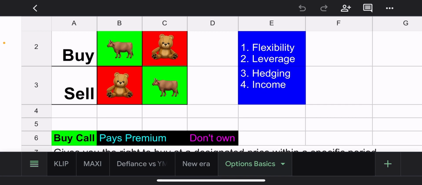And guess what? If you think Tesla's going to go up, you don't have to buy Tesla to make money. You can buy a call on Tesla to make money. You buy that call on Tesla, and then you hope it goes above whatever strike price you pick and expiration date you pick. And if it does, you make money. You don't have to buy the shares. You could sell that call off for the premium, which is pretty damn cool. Again, I've never done it.